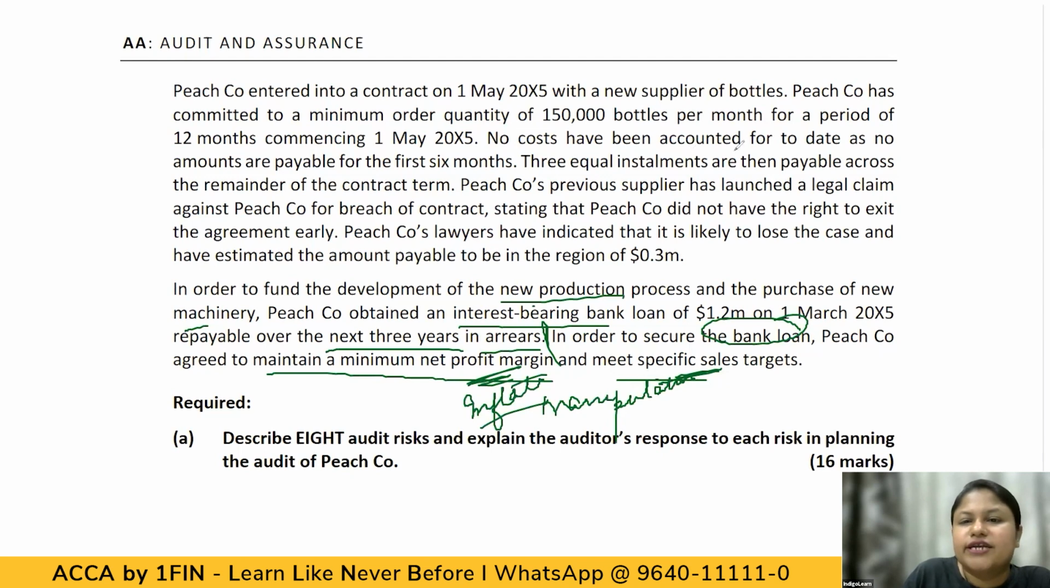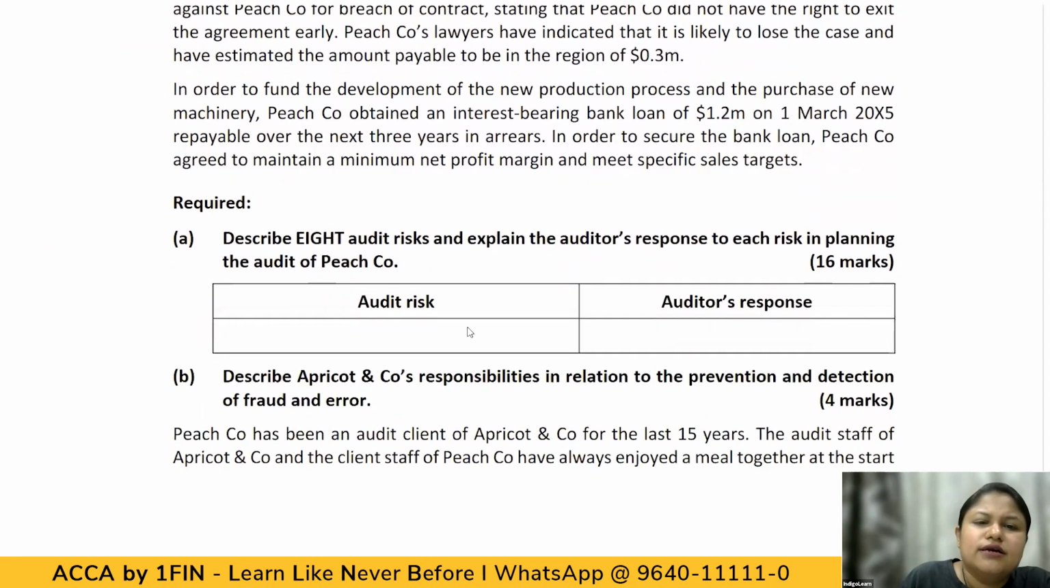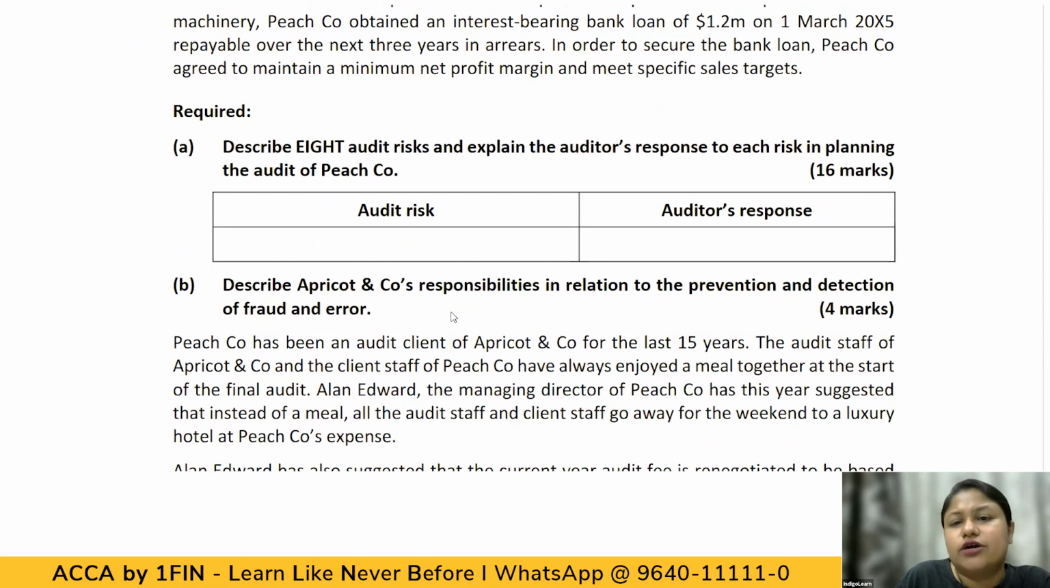Okay. Here also accounting has not done, audit risk. Okay. Provision has not been created by them, again an audit risk, to ensure whether proper accounting has been done or not. So basically throughout reading also we have picked up many of the audit risks. Okay. Now describe 8 audit risks and explain the auditor's response to each risk in the planning of the audit